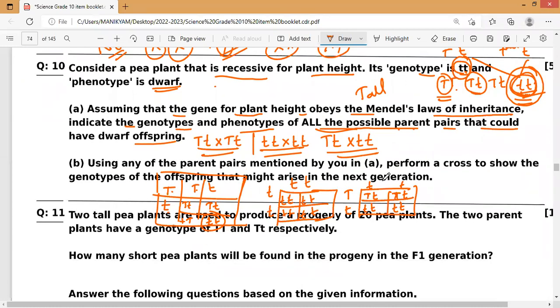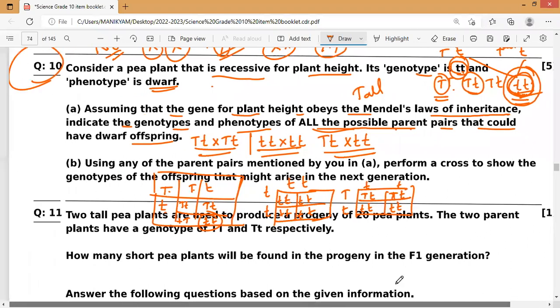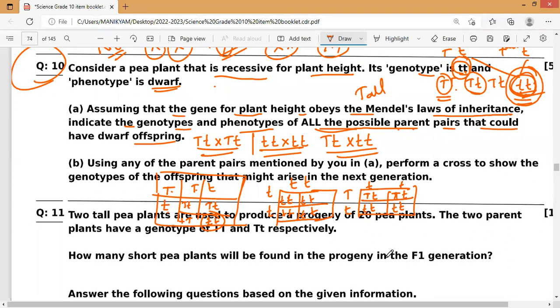This is one of the most important questions. So please remember how many marks this question carries. Have you noticed it? A 5 mark question. Okay, it's a very nice question. So you can take it. In this one, you see, they're asking for all the possible parental pairs.